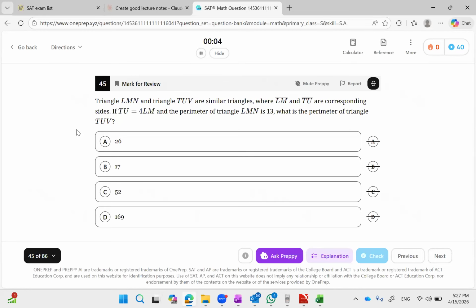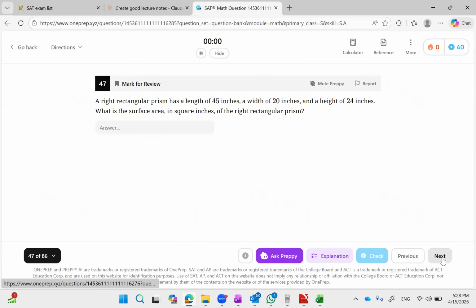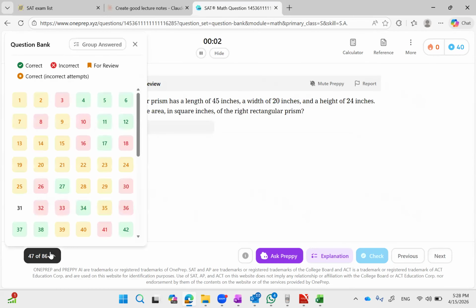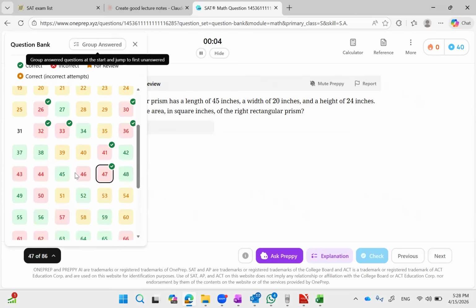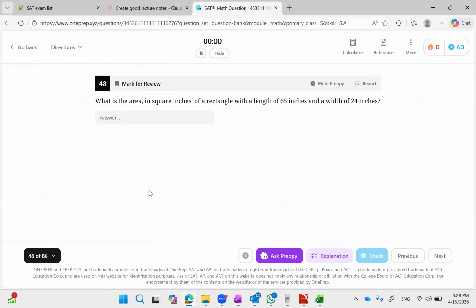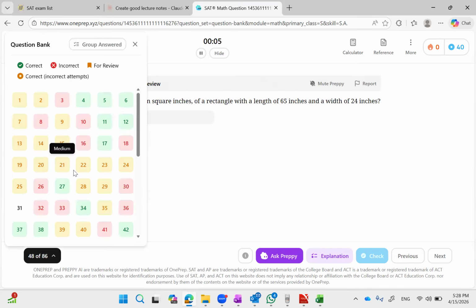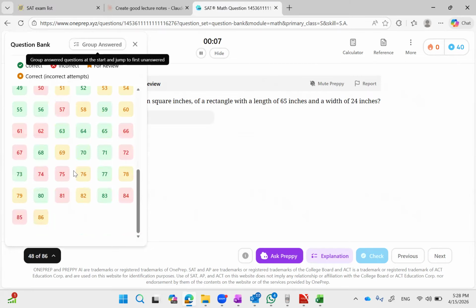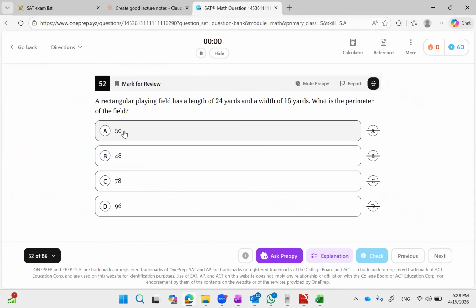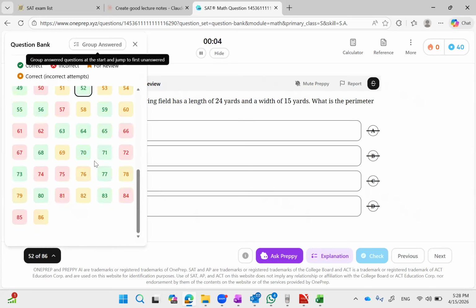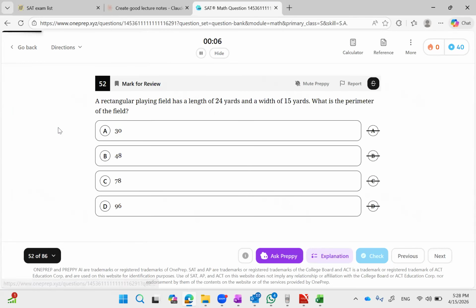This one, same idea. 42, 48. What is the area in a square? Same idea. So I don't want it to repeat. So we can go to the orange questions. So this one, a rectangle. We solve it. So let's go to the last three and we solve some of the orange and red questions,